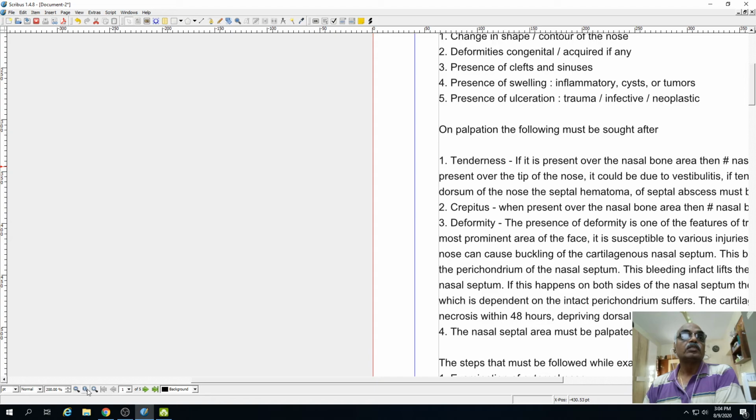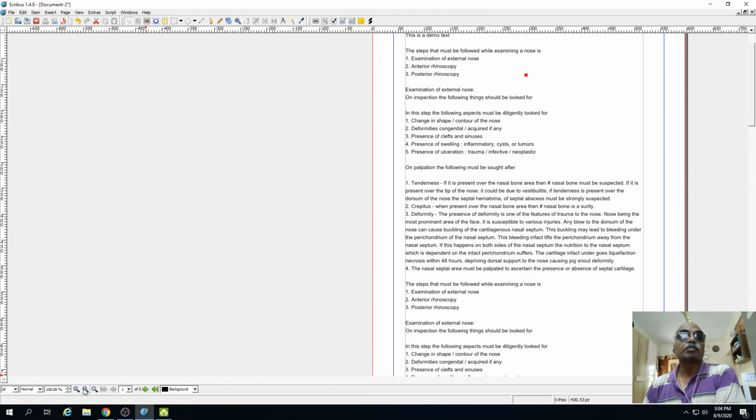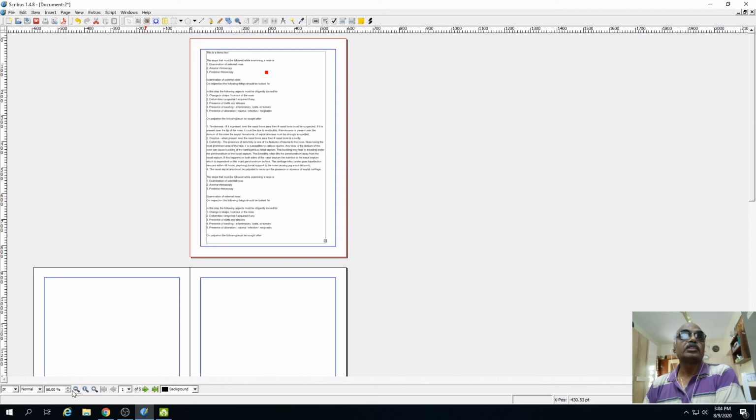So you can either view it at 100% or reduce it to 50%. The more you reduce it, the more pages become visible and your scratch area correspondingly increases. If you want much space to move around with, you can reduce the size of the layout so that your scratch area becomes larger and more favorable for your work.